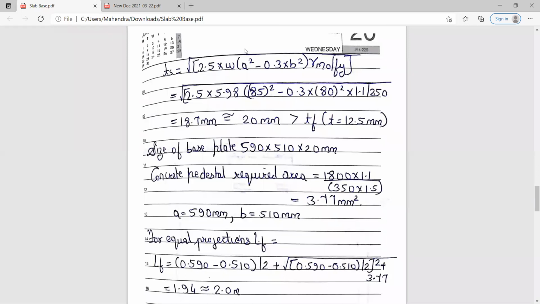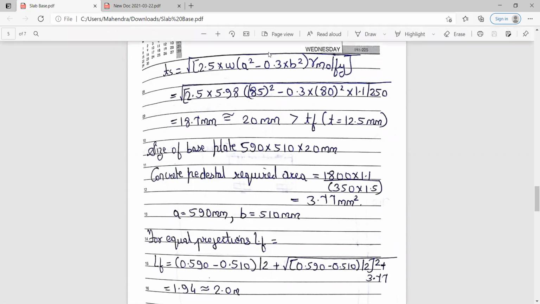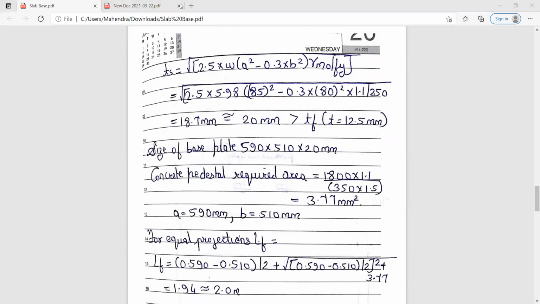Everyone had calculated the size of the plate as well as the smaller and the longer projection, that is small a and small b. Everyone had completed up till there. Yes, Josh, Abdullah, all of you. Okay, fine. What about others? Should I proceed with the thickness? Okay. So we'll start with the thickness.